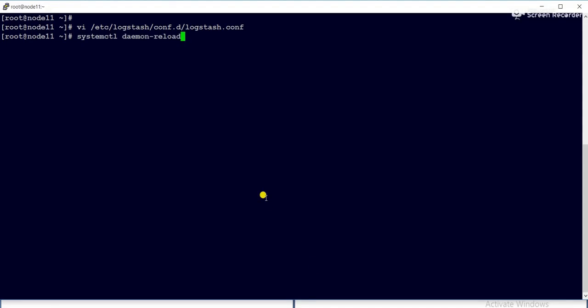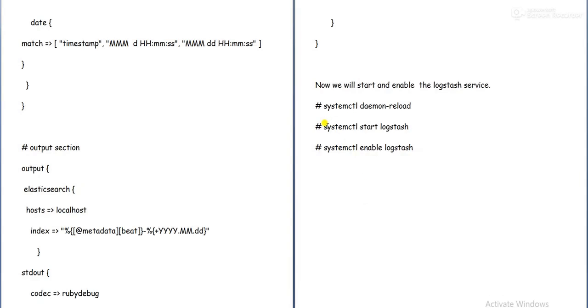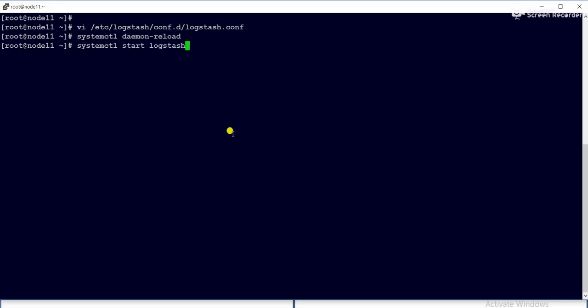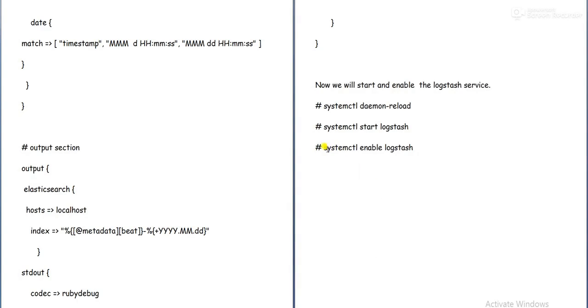Now we'll start the Logstash service. This is the special configuration we need to do for Logstash, because it is the first entry point of the server: whatever logs the client posts will come to Logstash, then go to Elasticsearch for indexing. Now we'll start Logstash and enable the Logstash service.